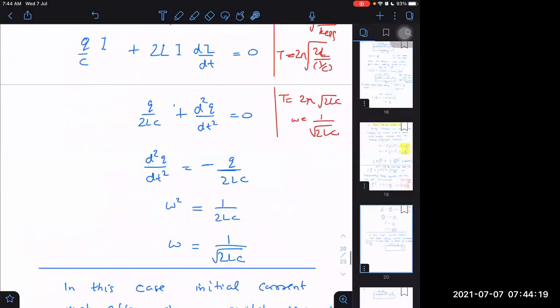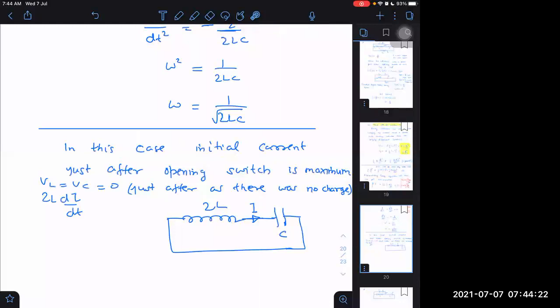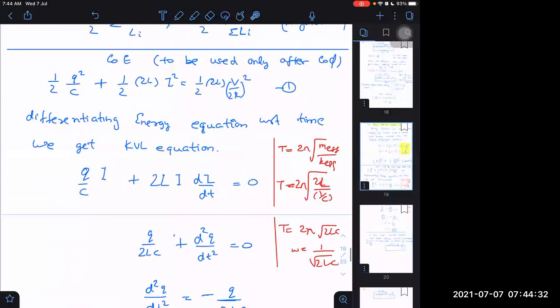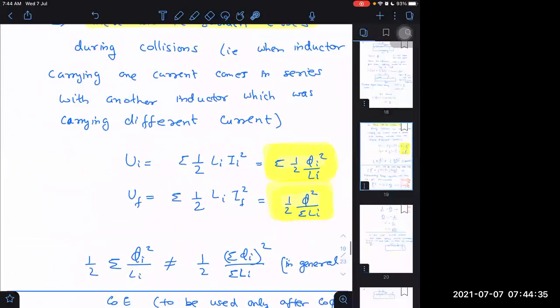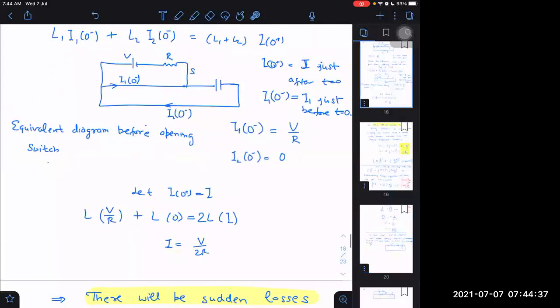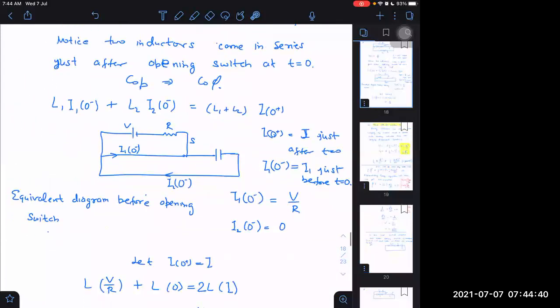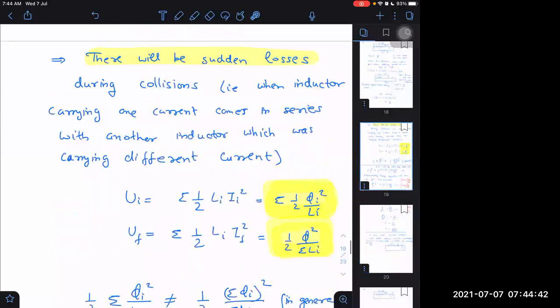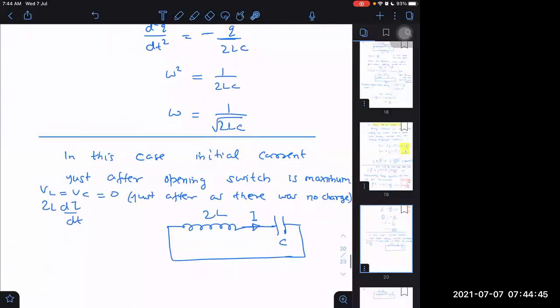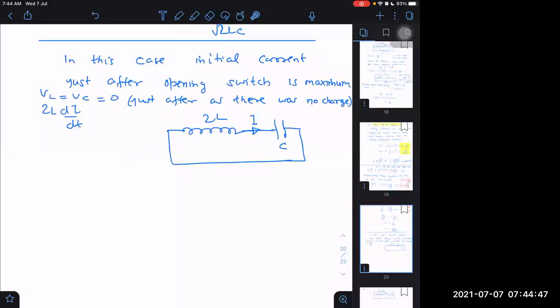Although, I have a doubt here because this question I have only framed myself. I have not seen it from some book. Normally it is true that energy losses will be there just after the impact, but here I am somewhat confused. Should it really be there or not? I have to verify it. Because inductor is coming in series with inductor, that is one thing, but there is a capacitor in between. I'm thinking, what if during that collision situation, it suddenly provides all the charge, whatever extra.